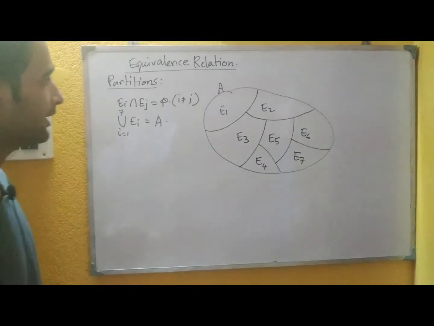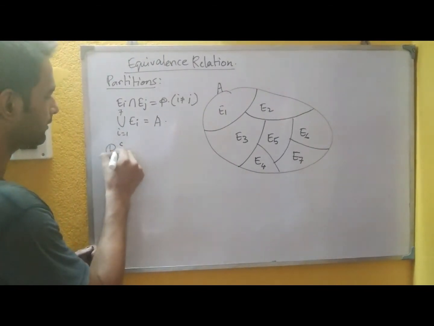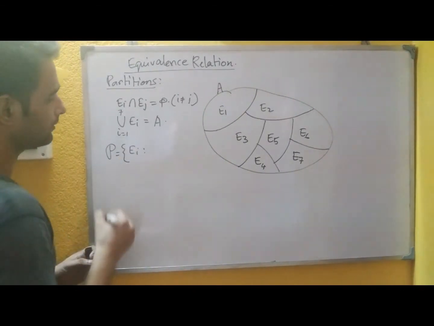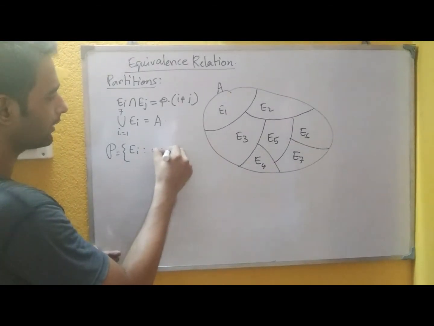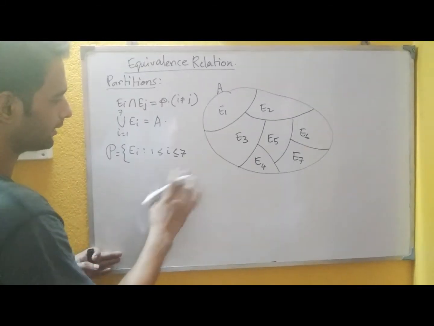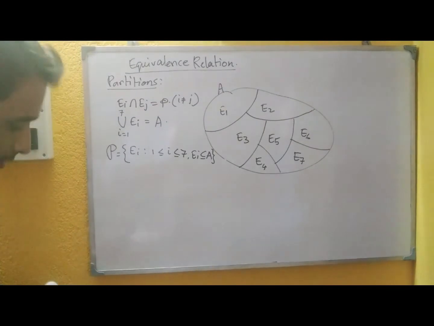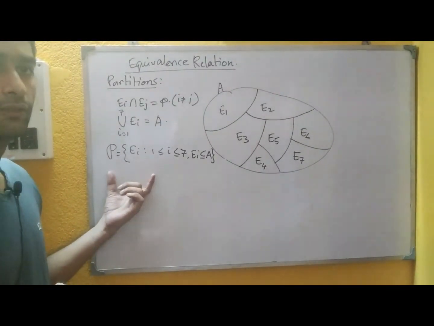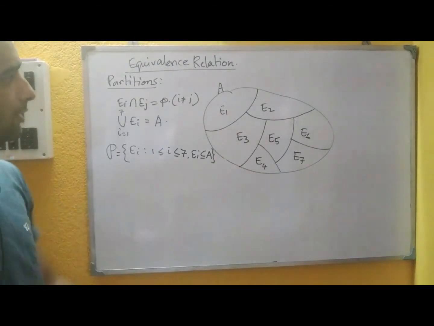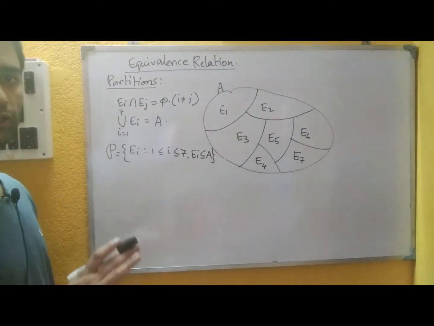So this is the basic property of a partition. Then we say that the collection that is denoted by script P, that is {Ei}, where for this collection we can denote it like this, and here another property will be Ei is a subset of A. So if we define the collection of all the elements, all the members or all the parts of A like this, then this collection gives us a partition on the set A.